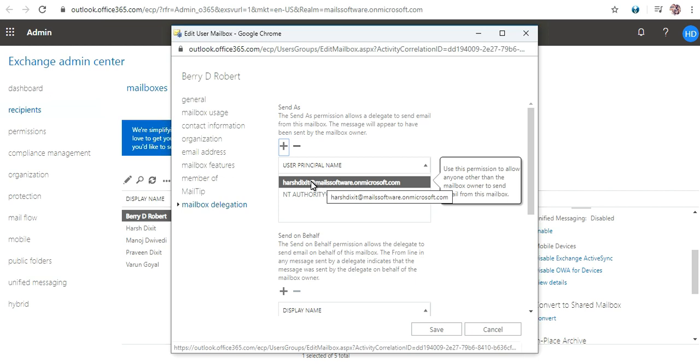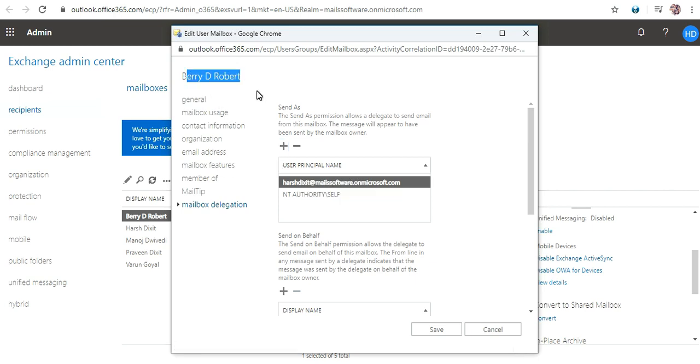Now we will practically see what we can do with this permission. From Harsh Dikshit's email account, we can now send email to some other persons, and it will appear as if we have sent the email from Barry D. Robert's account. So let's see how send as permission actually works.